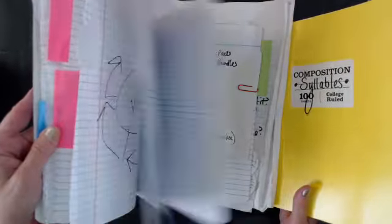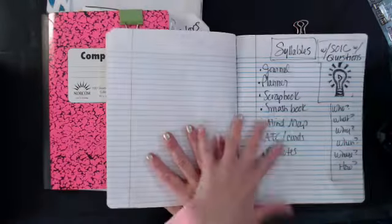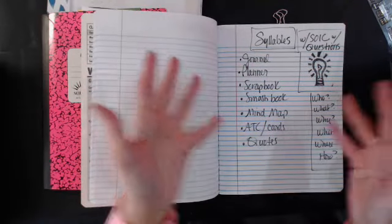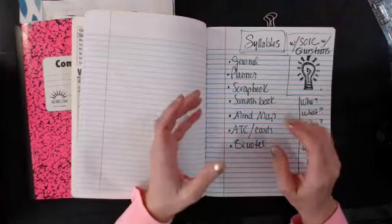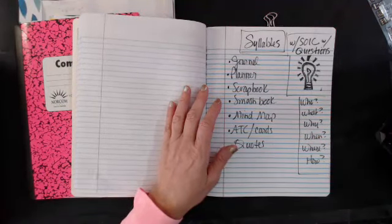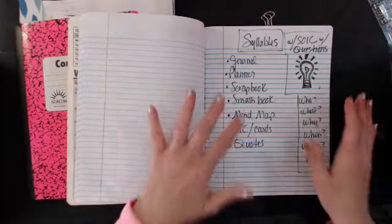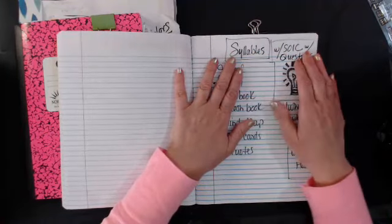The reason that I write this big and bold in my examples is so you guys can see it, okay? You're free to write as big or small as you want, but the smaller you write, the more information you're going to get on a page, right? And I write small. I like to write small, but I write big for the camera so you guys can see everything I'm doing. So in the syllables journal,